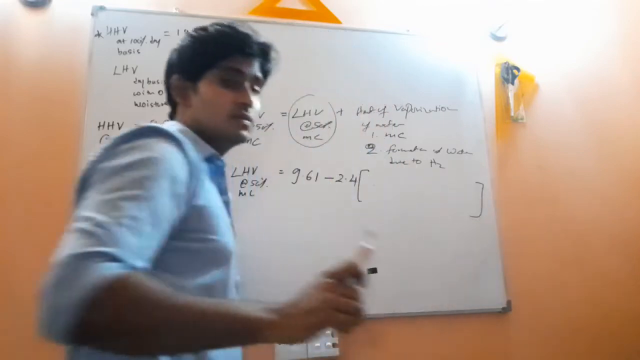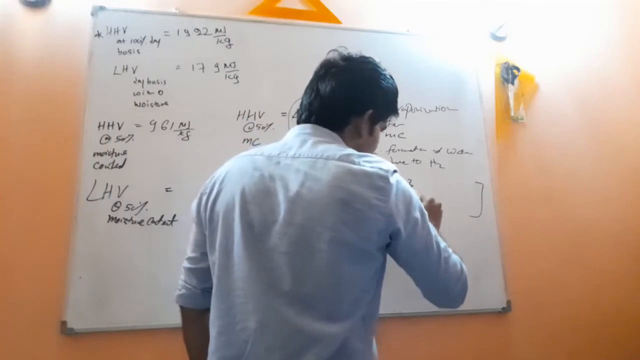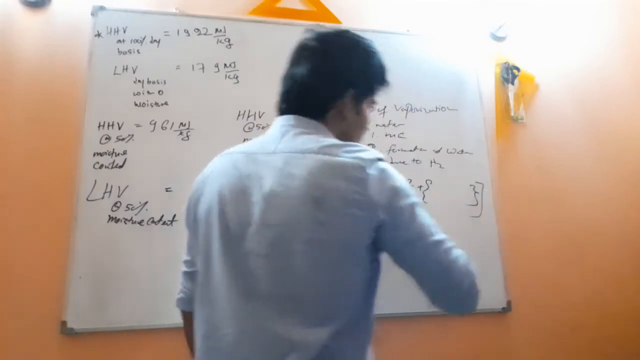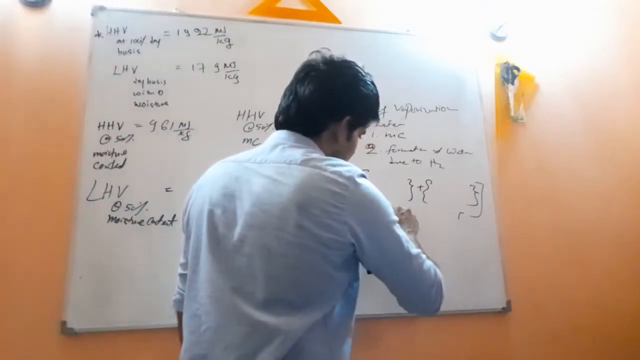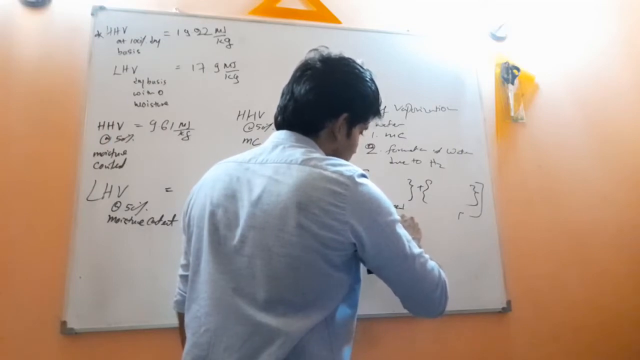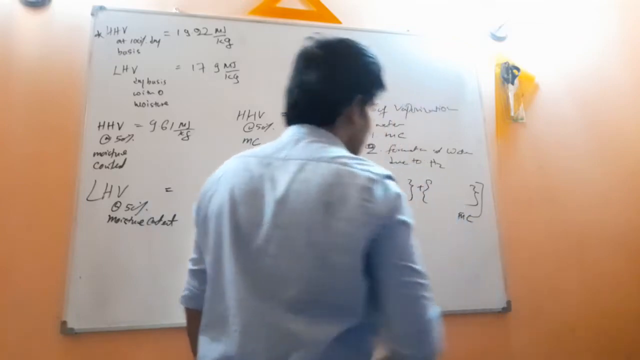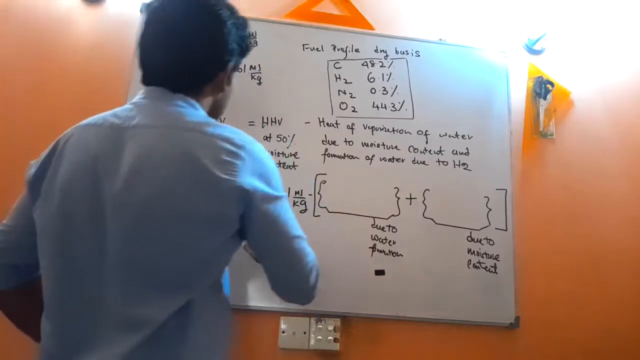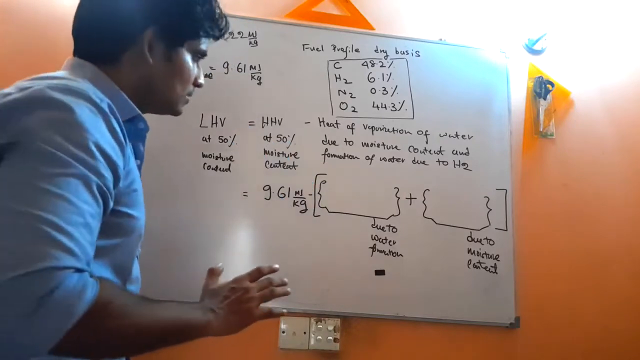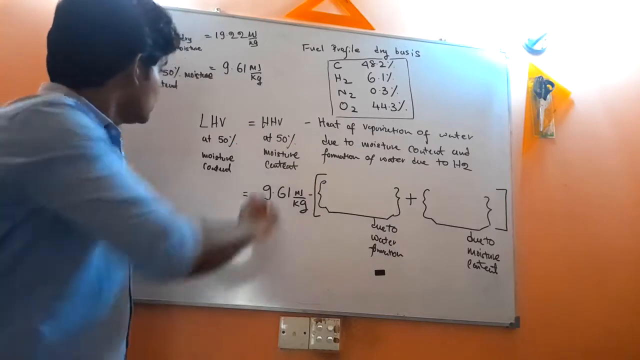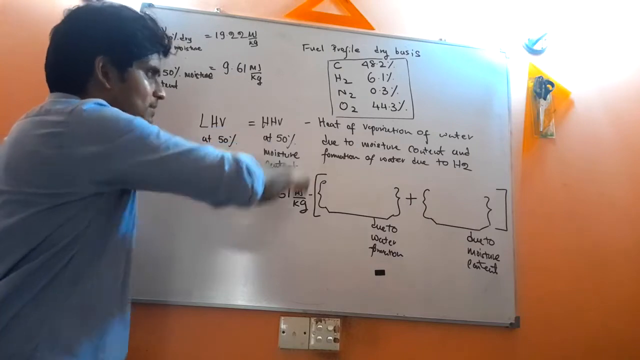Now there are two guys coming, okay? Let's put two brackets like that. This is formed water, this is formed water, right? And this is the moisture content. No problem. So now let's see how to find the lower heating value of the fuel at 50% moisture content, right? So for that there is a formula: lower heating value at 50% moisture content equals higher heating value at 50% moisture content minus the heat of vaporization